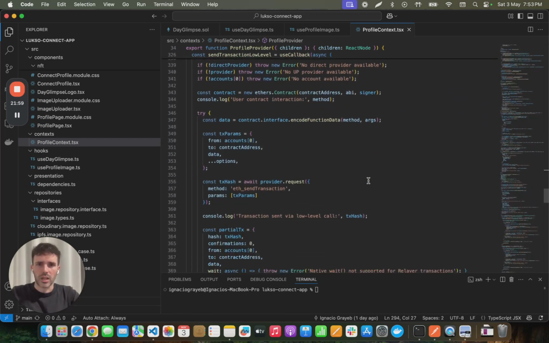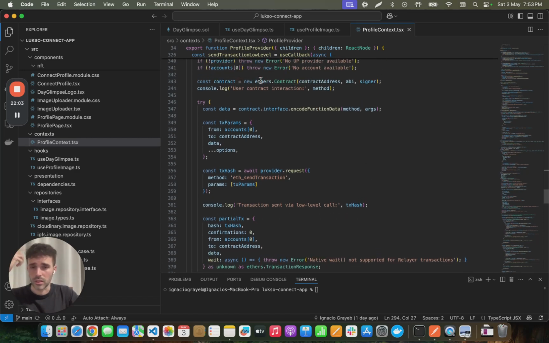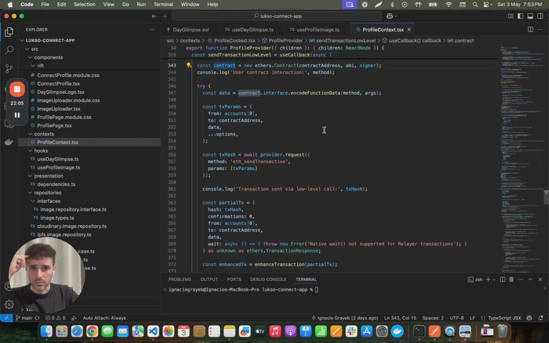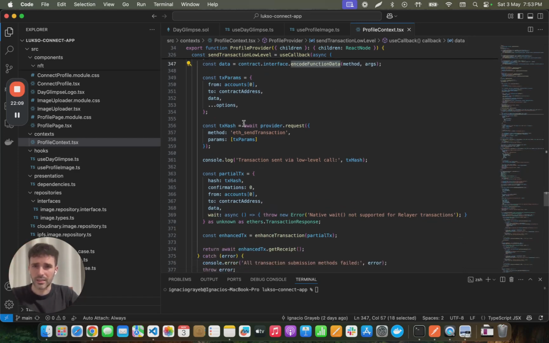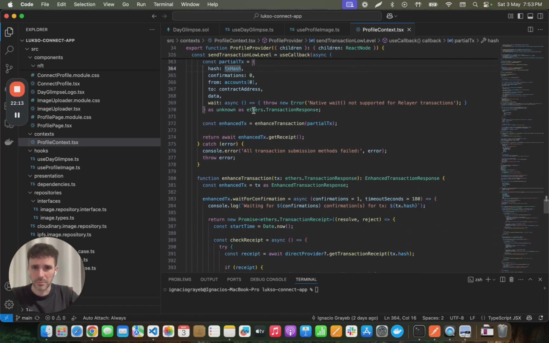Instead of using the Ethers methods, I had to go with the interface, encode the function data, get the transaction hash, and then get the receipt via